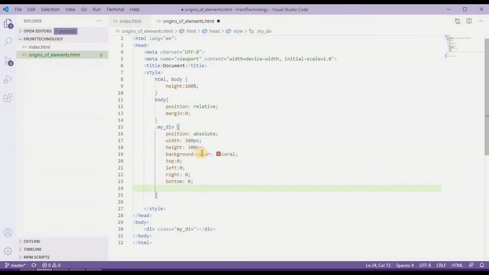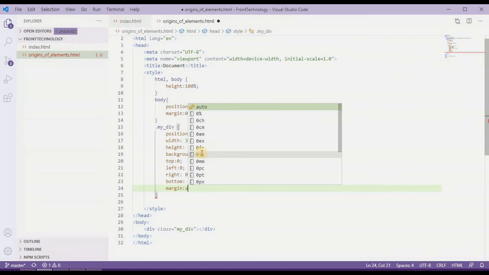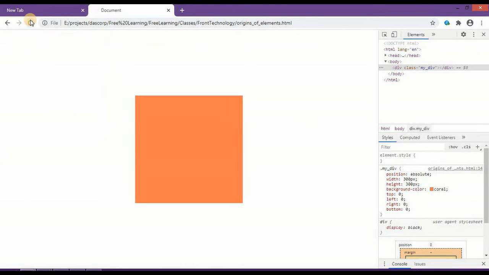Now we need to provide one more thing, which is margin to auto. Now this margin auto will make this element's pivot point to center. Now let's go back to our browser again, and let's check what is happening. As you can see, this is now in center, totally centered vertically and also horizontally.